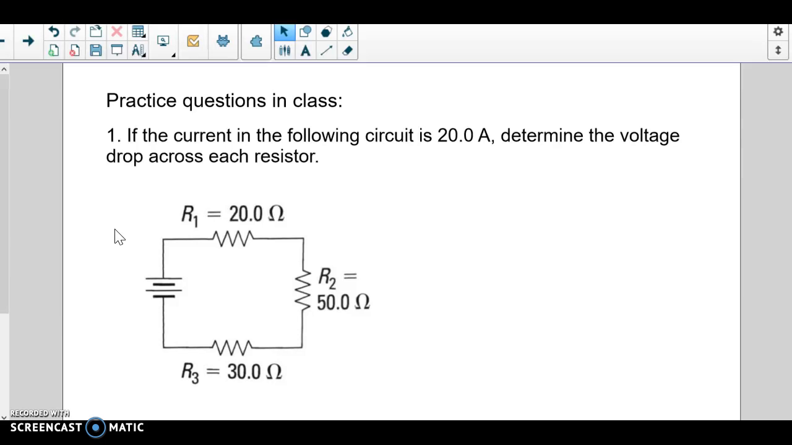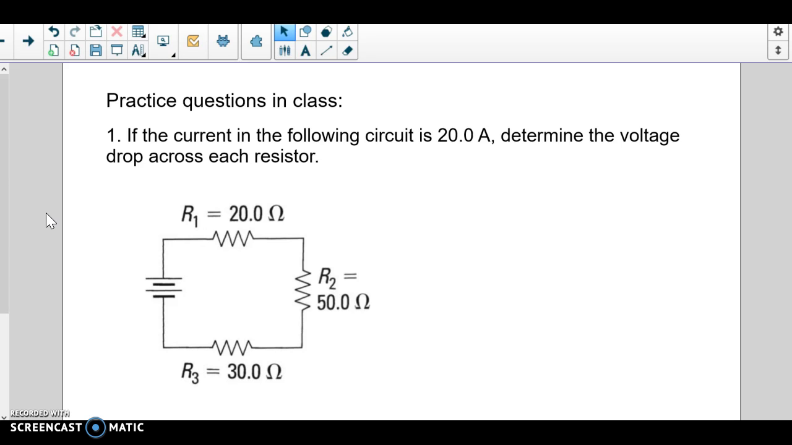So let's solve some problems now that involve using Ohm's law, as well as the conclusions that we just drew about how voltage and current behave in series and parallel circuits. These are the example problems from your class note. So for question number 1, it asks, if the current in the following circuit is 20 amps, determine the voltage